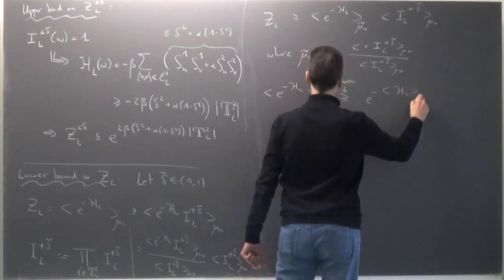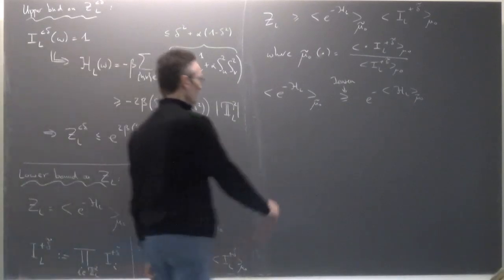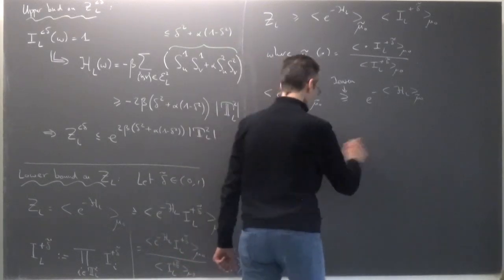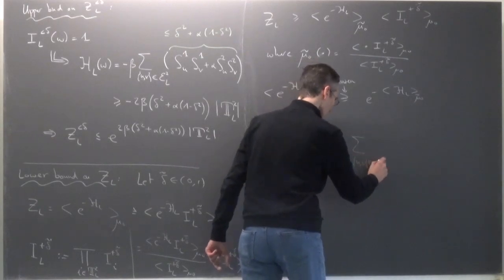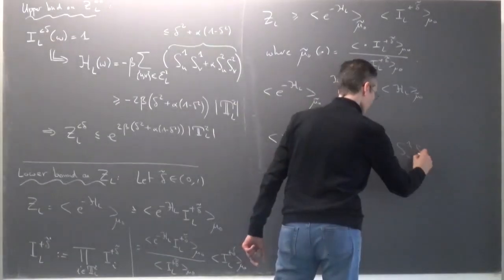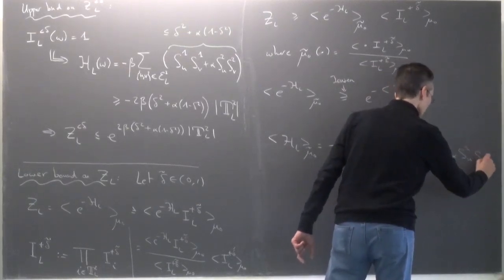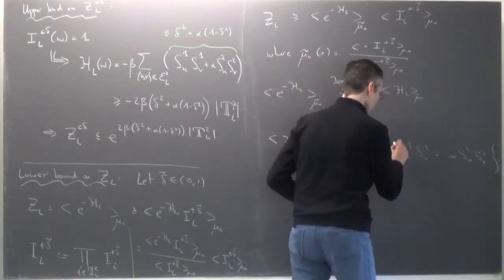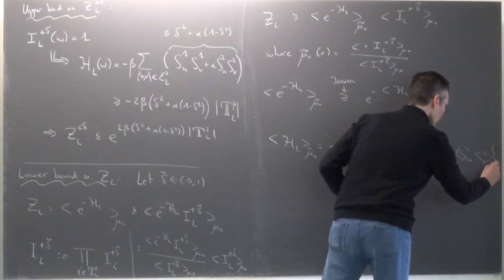Okay. Now, what is the expected value of H_L under mu 0 tilde? That's minus beta, sum over, say, UV, of S_U1 S_V1 plus alpha S_U2 S_V2. And then I have to take the expected value. So this is expected value under mu 0 tilde, expected value under mu 0 tilde.